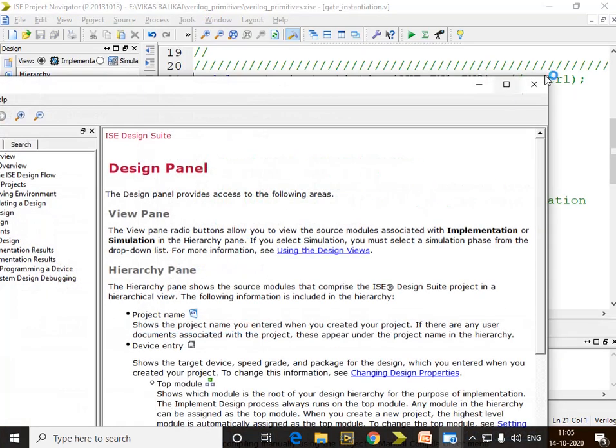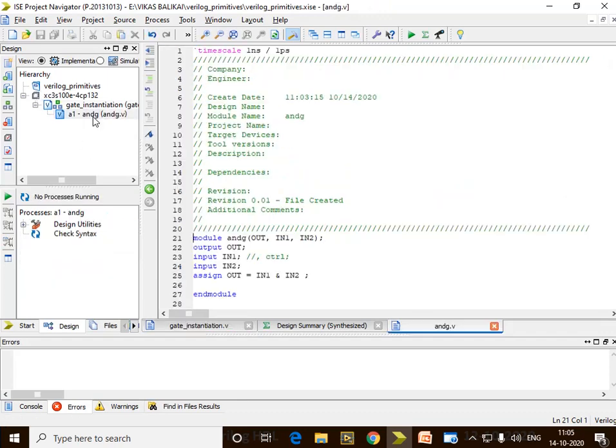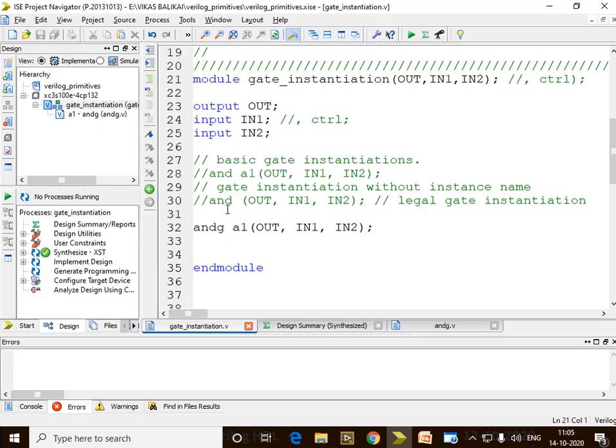As you can see here, rather than predefined gates, I am defining my own AND gate. And how does my AND gate look? I have defined it over here: output is equal to input one logical AND input two. So basically, the program comes over here, sees ANDG, and tries to figure out where ANDG is, because earlier you mentioned just AND, and the tool knows it because it is present in the library. But what does this mean?